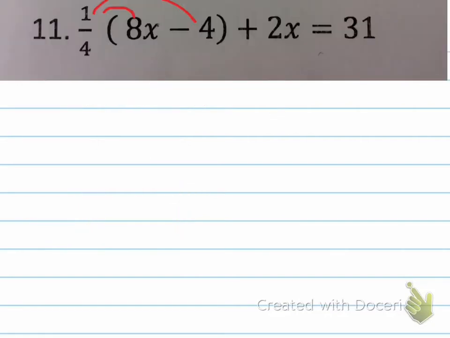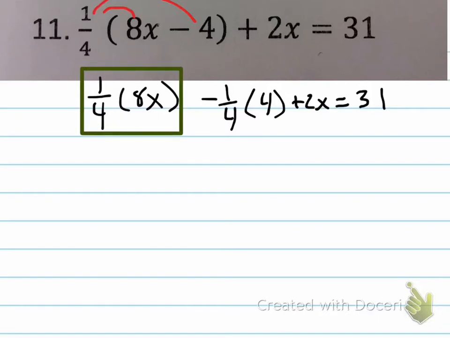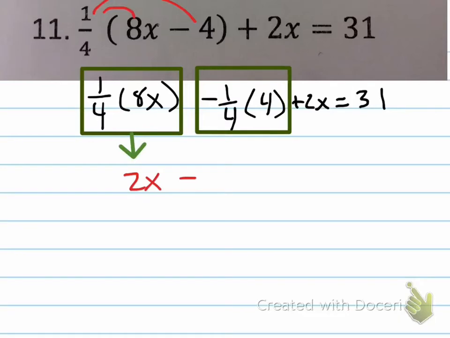First step on 11, we have to multiply by 1/4. So I'll write this like this. I'll do each step out. 1/4 times 8x minus 1/4 times 4 plus 2x equals 31. Okay? So now what happens? 1/4 is like dividing by 4. So this becomes 1/4 times 8x, that equals 2x minus, what does that equal? Well, 1/4 times 4 will equal 1, minus 1, plus, we recopy everything, plus 2x equals